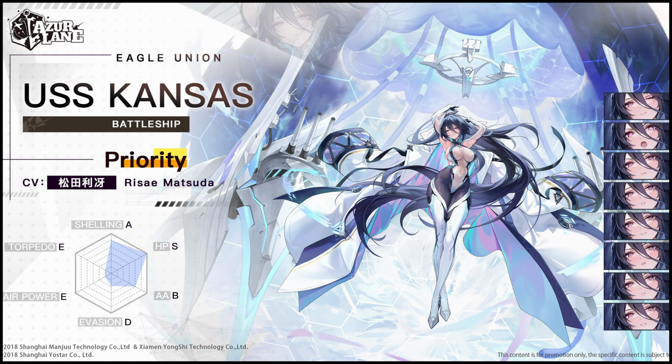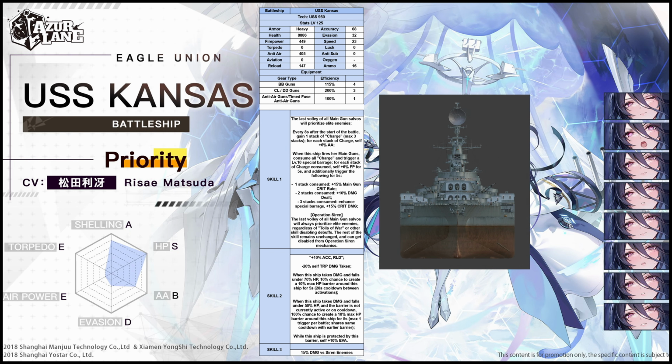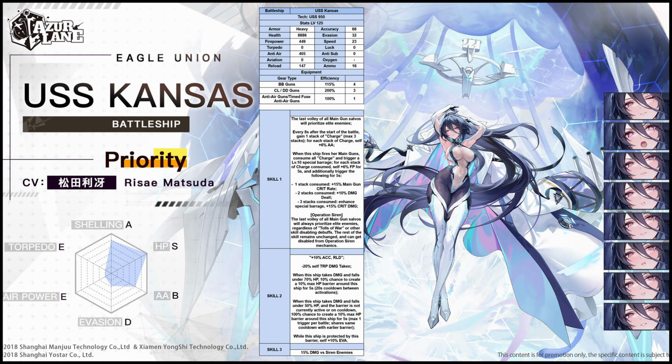Next one, USS Cancer, super rare battleship. In order to research her, you need 950 Eagle Union tech points. Battleship heavy armor, health 8886, firepower 449, torpedo 0, anti-air 405, aviation 0, reload 147, that's actually very low for a battleship, accuracy 86, evasion 32, speed 23, oh boy, that's a brick, luck 0, anti-sub 0, oxy 0, and